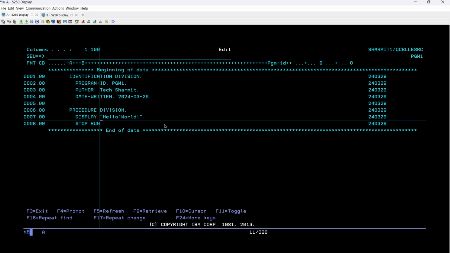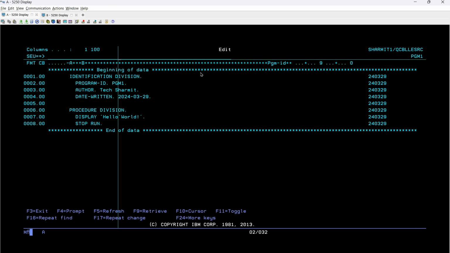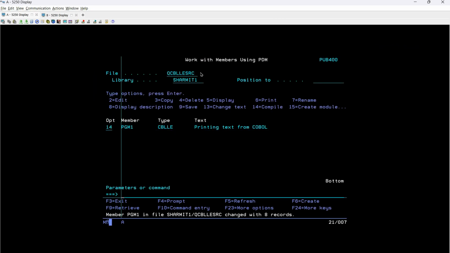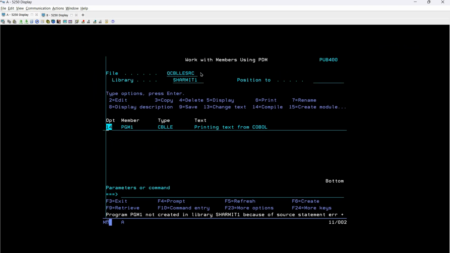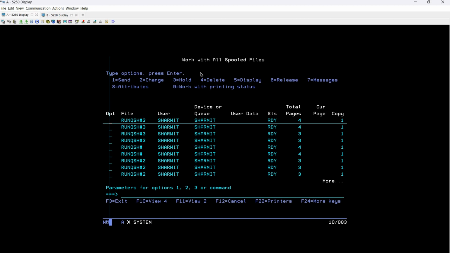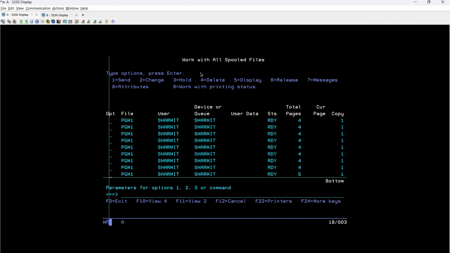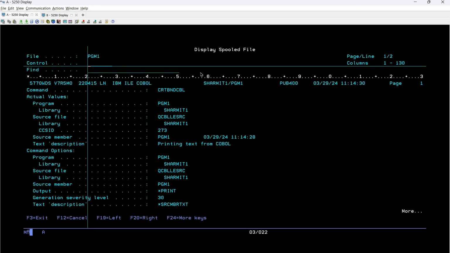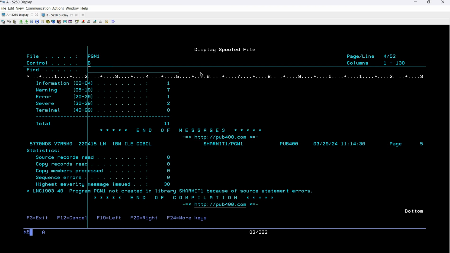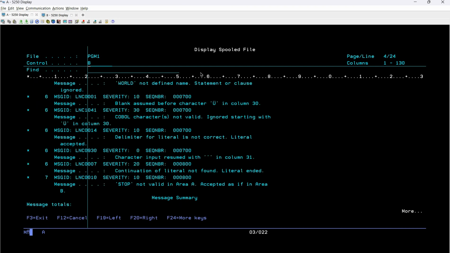Likewise, let's say if I want to print double quote, let's try this also. What will happen if I write like this: single quote, hello, single quote, world, hyphen, exclamation mark, and single quote again? Let's see, will it work or not? Yes, it is failing. Why? Because if I show you the spool file by taking the SP option, you can see it is giving us an error. Okay, and if I scroll it up,